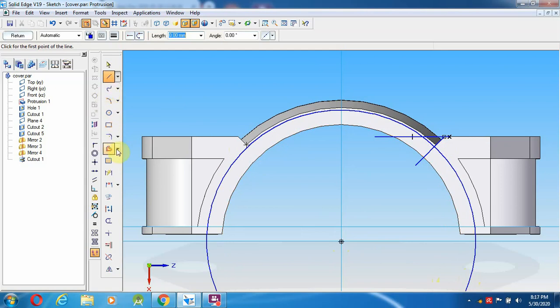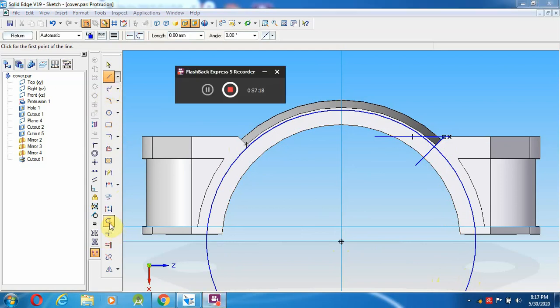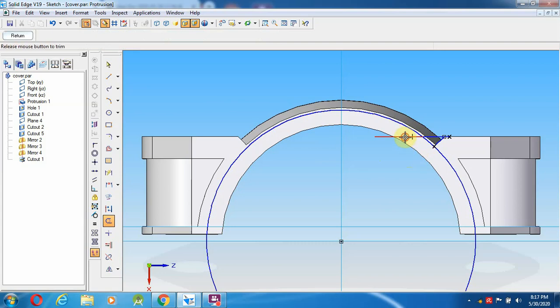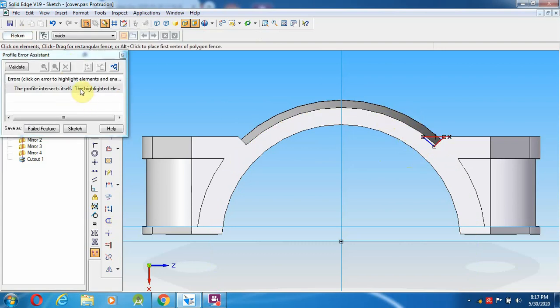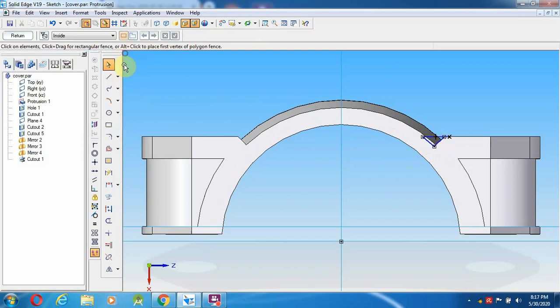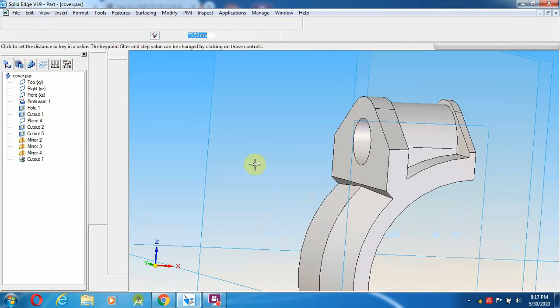Going to use the trim option. Select this as well as this, and return. Select once again the trim option, the top you have not deleted, so return.